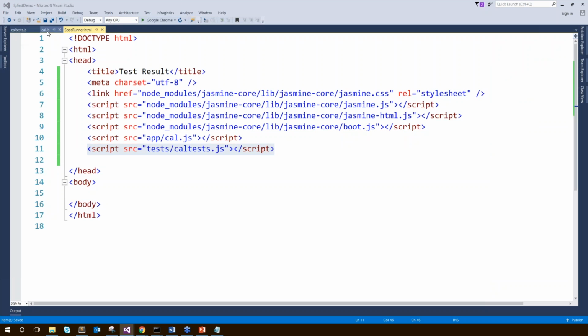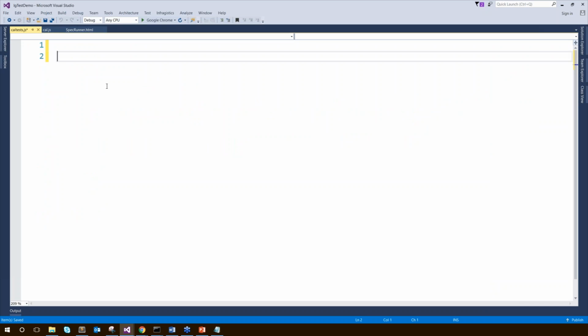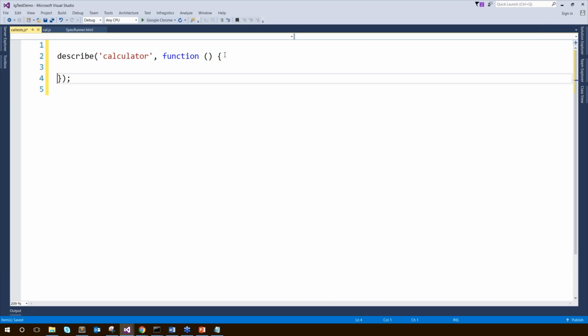So I'll go to the caltest.js and describe a test suite. So this is like this. I'm describing a test suite, which I'm calling calculator tests. Okay, so right now I have calculator tests, and if I go back right now at this point of time,